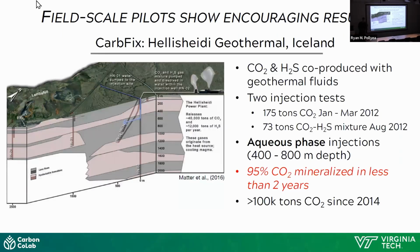There have been some encouraging results. Just a quick review of some of the projects that are out there. The CarbFix project is the flagship basalt mineralization project. They're capturing CO2 and H2S off of a geothermal plant in Iceland. They're co-injecting the CO2 with water, mixing just below the solubility limit so that the aqueous solution is dense, and the CO2 sinks down to 400 to 800 meters depth,